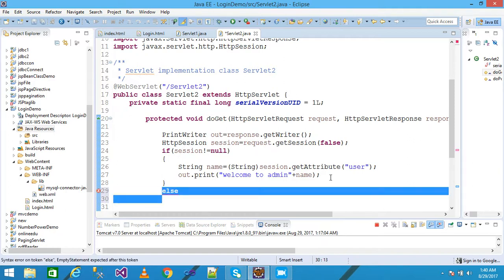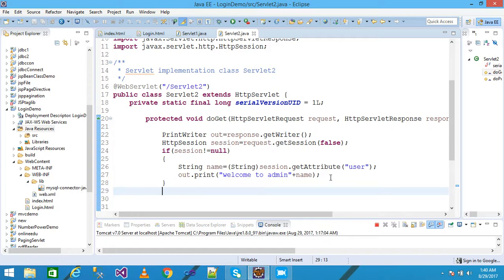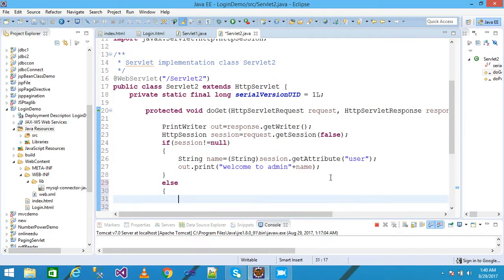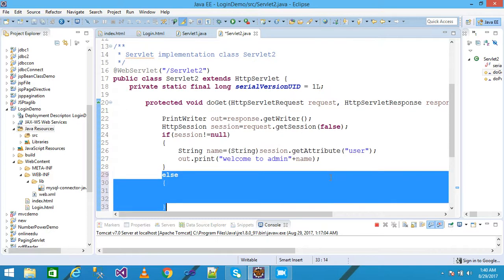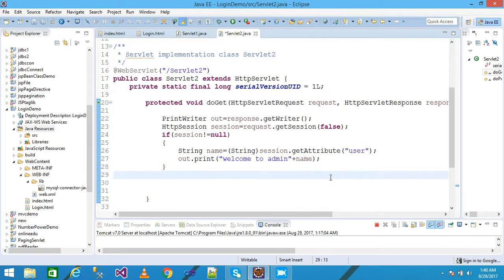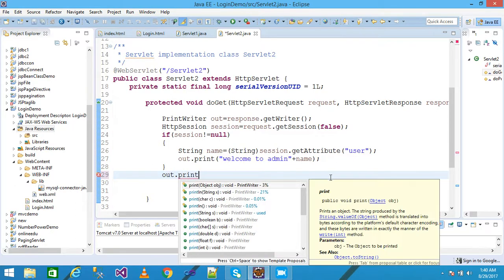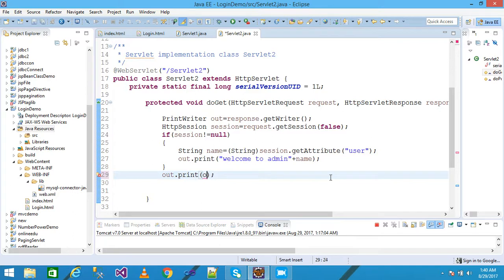We don't need to write else, you can also write else. What could I write? Simply session not null, in that case welcome, otherwise I think we don't need it here. I delete this information and write out.print, just creating the anchor tag